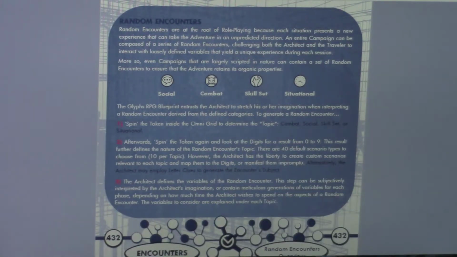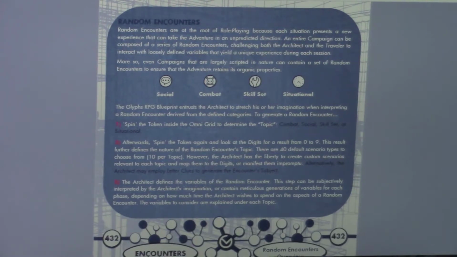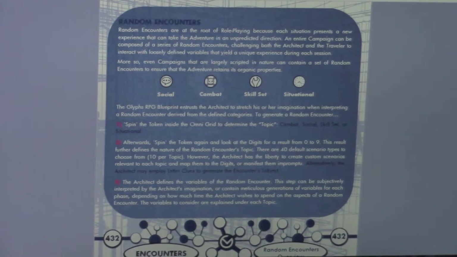A combat encounter, pretty self-explanatory, designated by the skull and crossbones function glyph, okay, so the conflict glyph, right? A skill set encounter, which, pretty self-explanatory, is a skill challenge, right? The wrench function glyph, and situational, so a special event, something happening in the background in the overall scene, symbolized by the clock. Okay, so social,